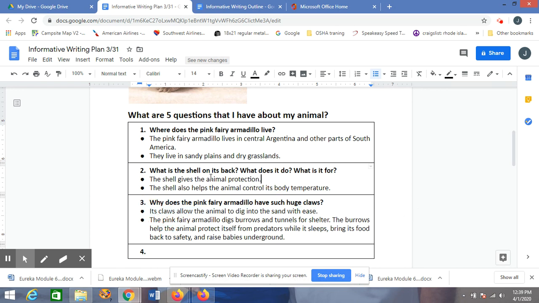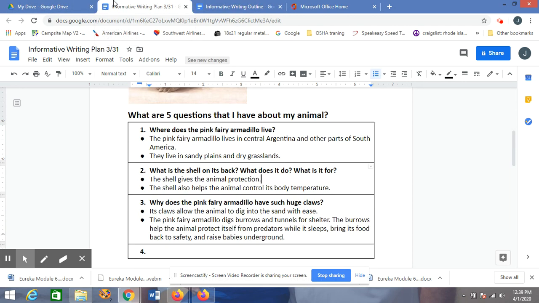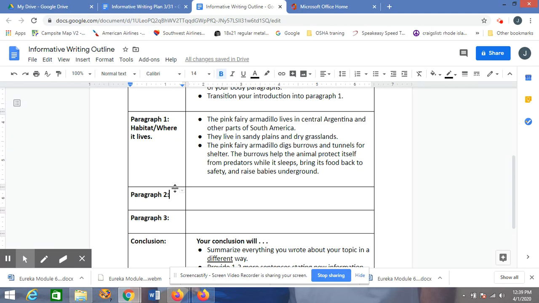So what is the shell on its back? What does it do? What is it for? That could maybe be its own paragraph, but I don't know if I want to talk a whole paragraph about the shell. Maybe here's what I'm thinking. Because I'm talking about the shell here, and I didn't use this one for my claw question, since I have the shell in the claws section, how about I make this paragraph